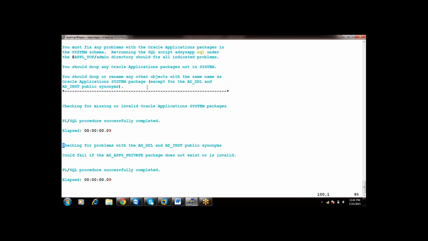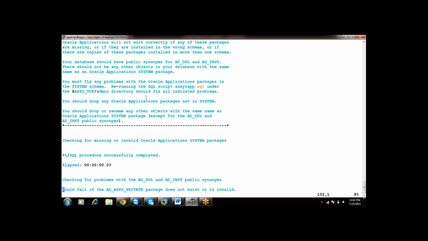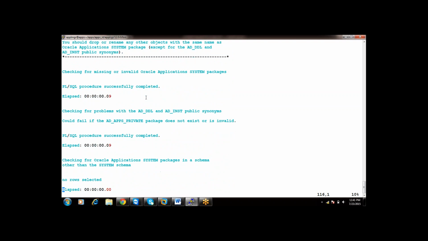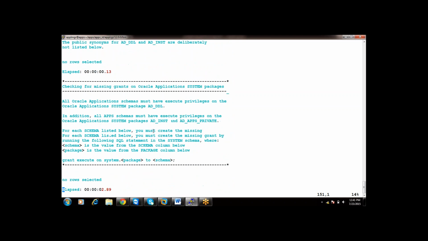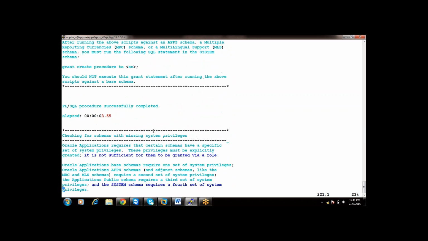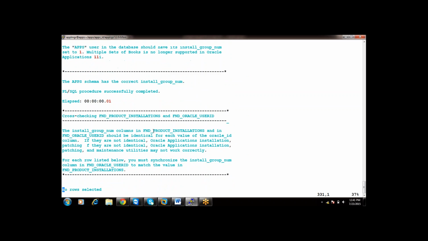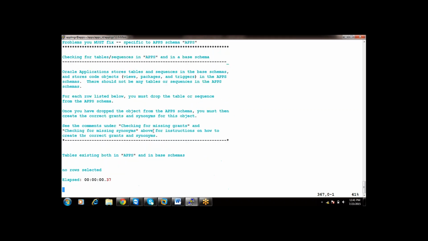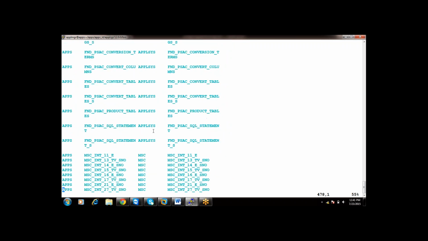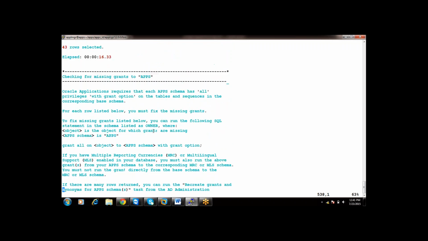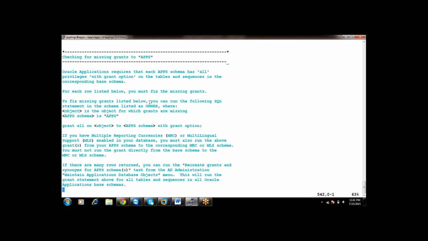It is checking each and everything. It is checking for privileges, for the packages, for PL/SQL files, for system packages, the linked packages, the link synonyms, everything related to even PL/SQL files. That is what validating means. It also checks grants to apps, like if any grants are missing on the product related code.